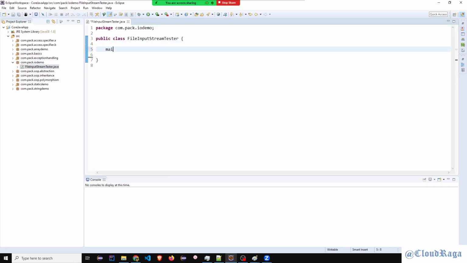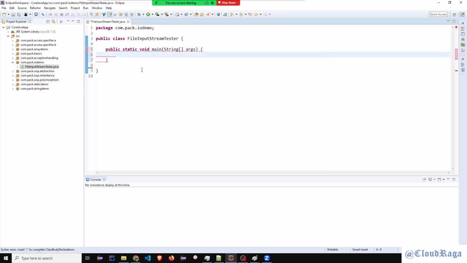It's a tester. That means I don't need to create any other class. Why? Because now we are going to use some ready-made classes. That time is done when we had to create our own class and then use that class in a tester file. That was for beginning purposes. Now we are into the Java library, so we will use ready-made classes. The task is to read a file.